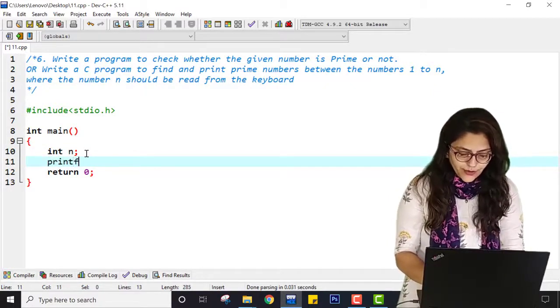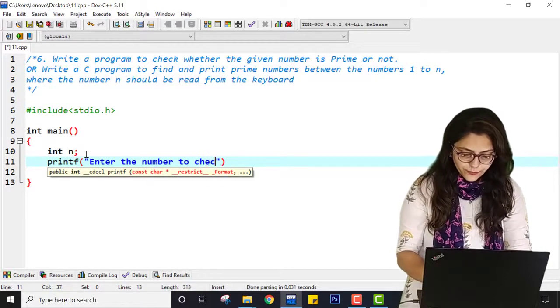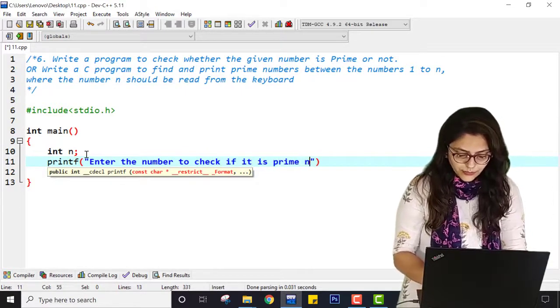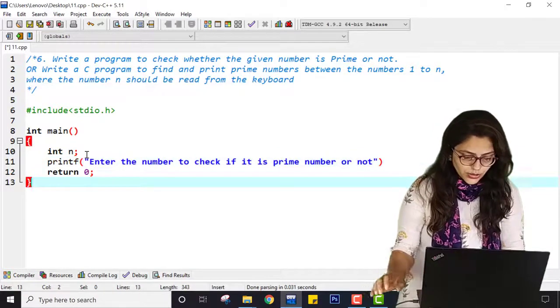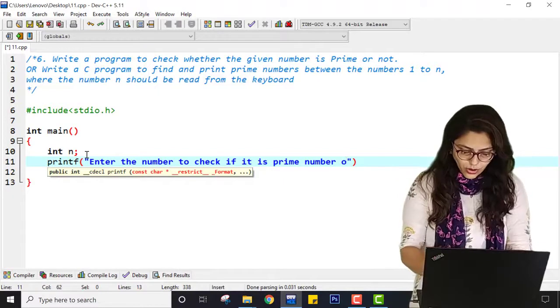So printf: enter the number to check if it is prime number or not.